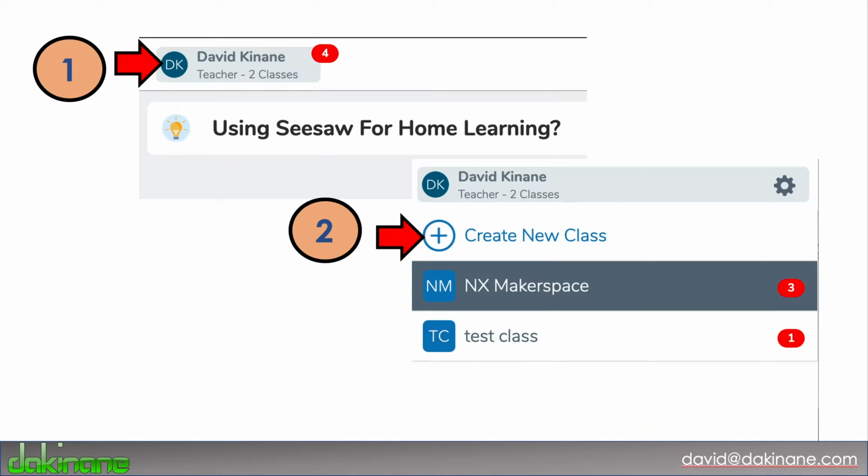Once you're signed in, you have an option now to create your own class. As you can see here on the top left hand corner, it will have your name, and as you can see, I'm already running 2 classes. You can click on the box where it's got your name, and what pops out is a little drop down box, and there's a plus sign here where you can create your new class. So you click on that,